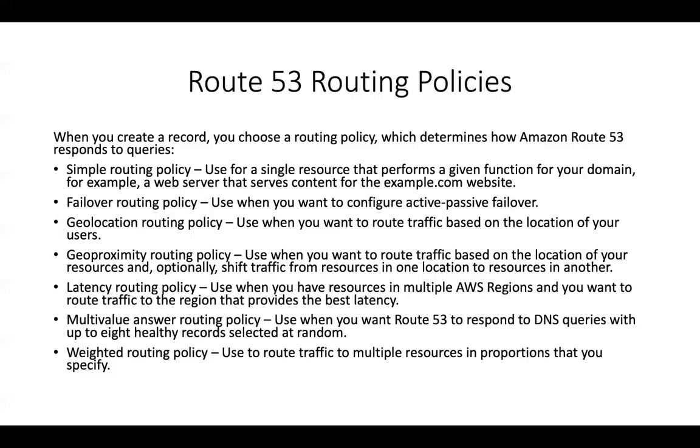And there is the other routing policy called the multi-value answer routing policy, which again was released in 2018. So where you want Route 53 to respond to DNS queries with up to 8 healthy records selected at random. So you can specify up to 8 IP addresses or a combination of IP addresses and DNS names, but you can specify up to 8 healthy records. So your resolvable answer is going to be up to 8 healthy records.